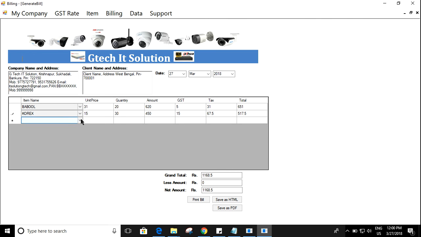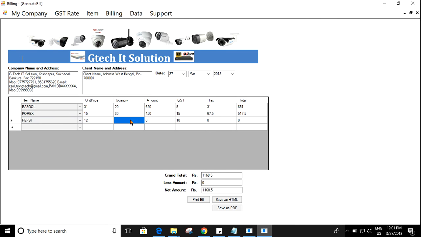Now from Corex I am also taking another item, Pepsi. Pepsi I am taking say 80 items. So amount is automatically calculated, tax automatically calculated, total is automatically calculated.